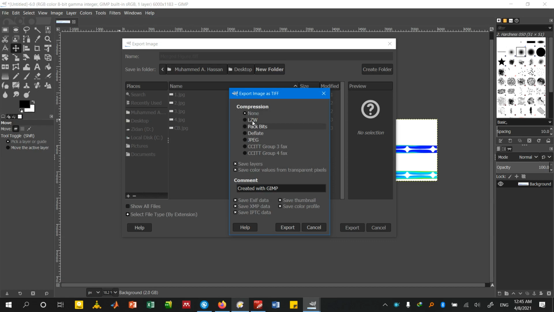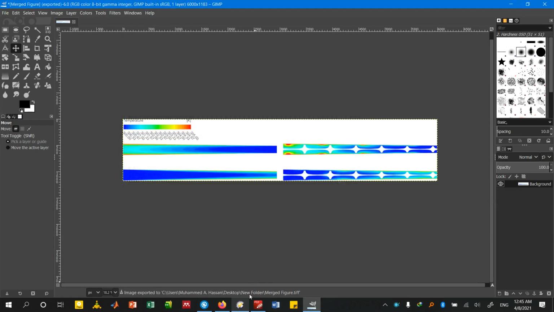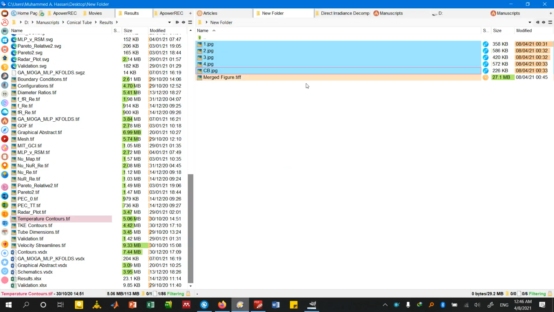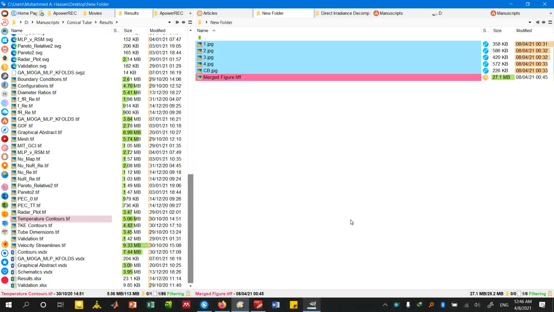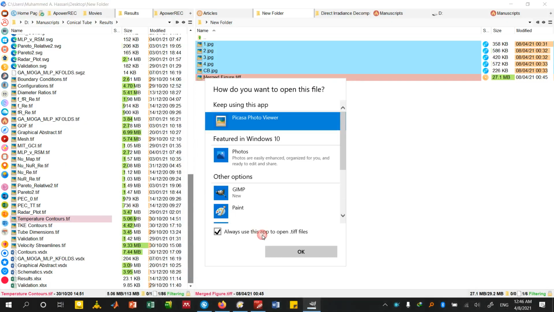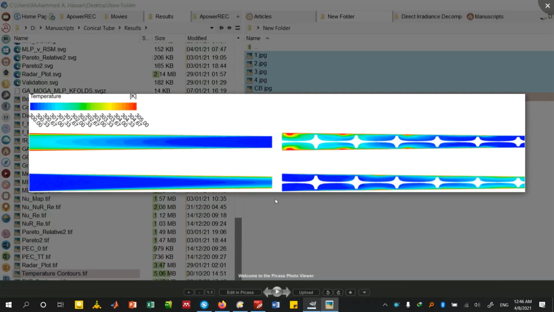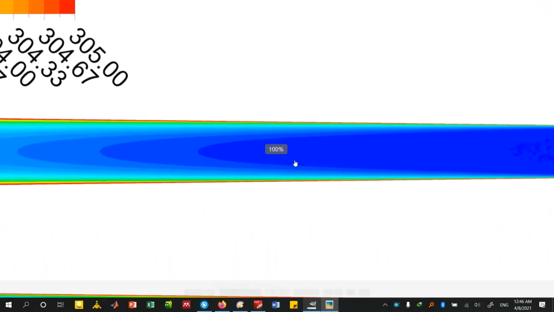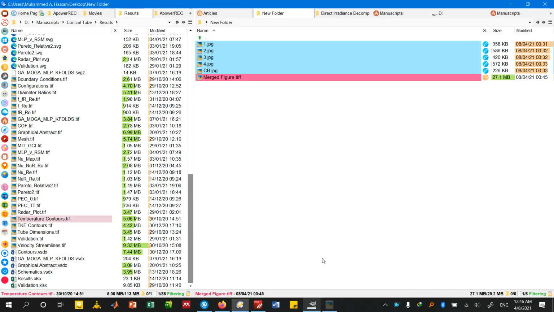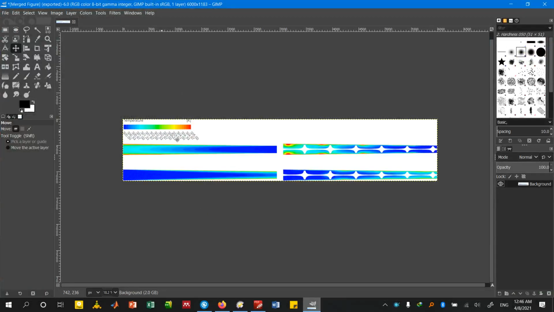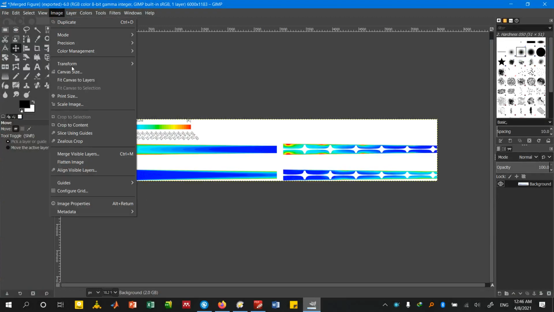If you exported it without compression, the file size will be relatively large. So now we have 27 megabytes, and if you check the quality, it will look super. So you can zoom in and still the figure is not pixelated. It's quite clear. But let's say that you want to reduce its size a bit, so you can